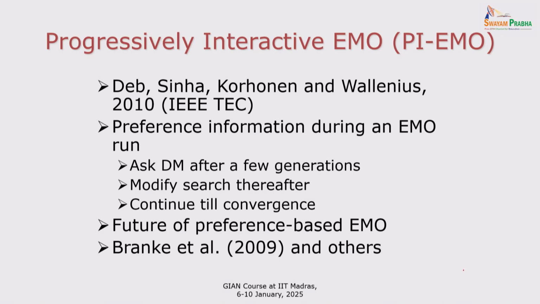Last one I'm going to talk about is interactive, but this is just one idea of interactive I'm going to give you. A lot of people have started to work since our paper from 2010. So what is it? In both these cases you saw, first we did decision making and then optimization in a priori. In a posteriori we did optimization, found a bunch of points and then made a decision. Here we're going to do it in combination.